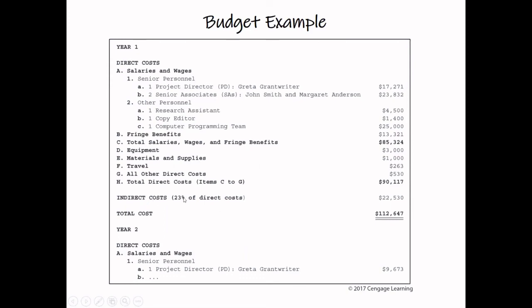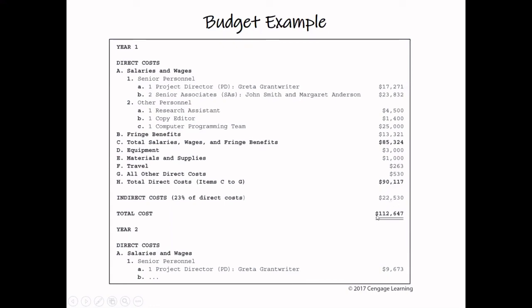So essentially, you take a percentage of the total direct costs, and that's your indirect cost. Like I said, sometimes this percentage is limited by the funding agency. They may set it at, say, that the indirect cost rate cannot be more than 10% or 20%. However, if they don't specify, then you often need to put in the percent that's agreed upon with your institution. In this example, they're using 23%, and you can see the 23% of the total direct costs